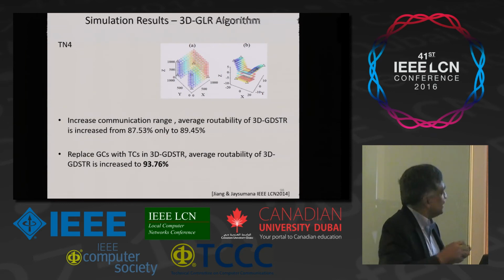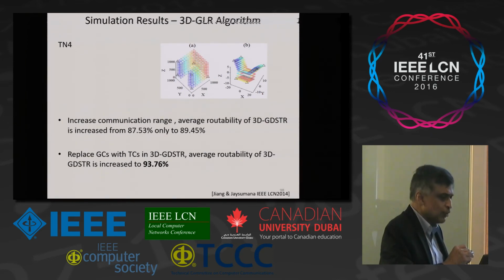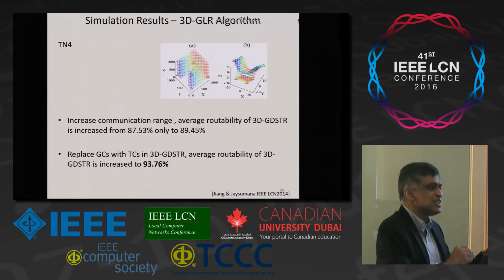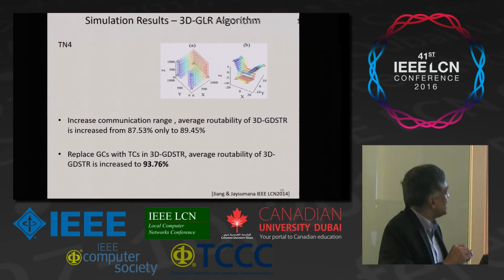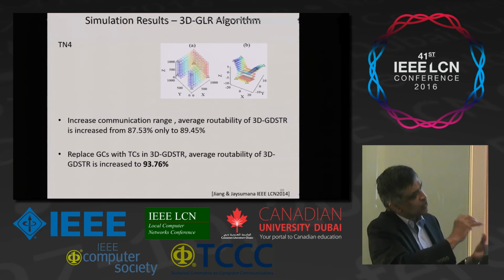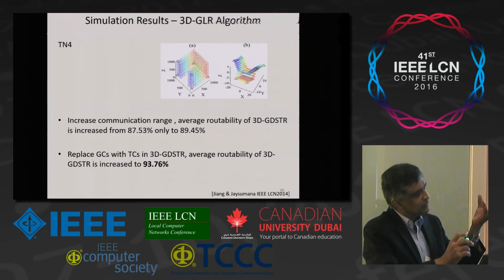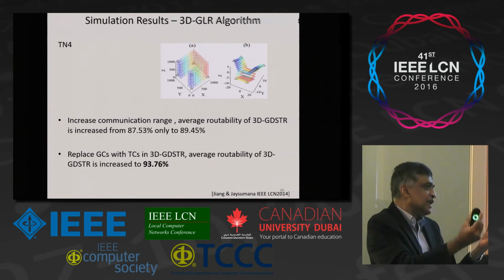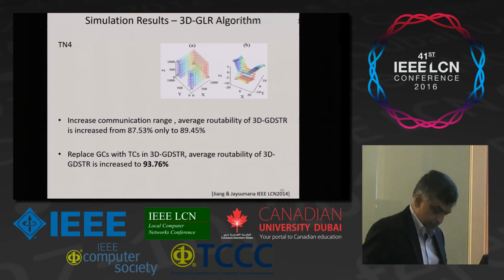And also in this 3D DSTR, which is the physical coordinate based algorithm, instead of dealing with the physical coordinates, if you give this distorted topology coordinates, actually even that one performs better, right? Because the distortion actually corresponds to connectivity, and therefore the map that we have, the 3D structure that we have, is better than the 3D structure in the physical coordinates.